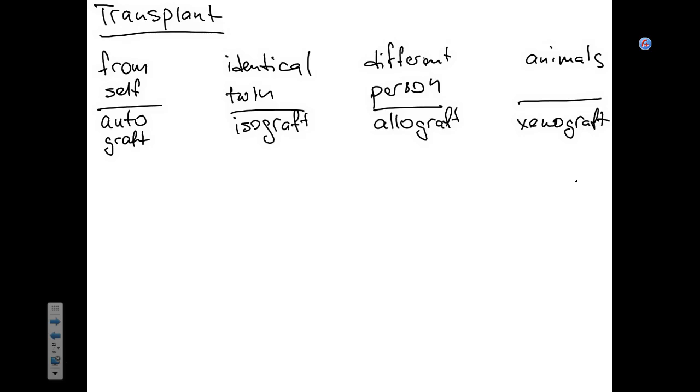Now, describe to me the clinical situation when we can get a transplant from self. Mostly, organs obviously not an issue. Skin graft, yes. However, we now technically